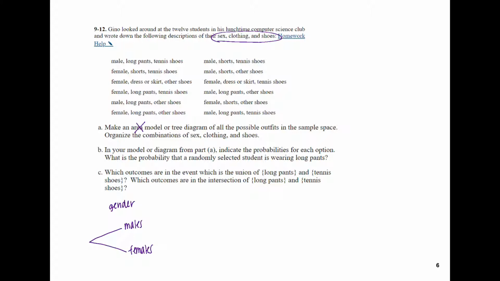The next thing that we can choose from is the clothing. So in our tree diagram, a male can wear long pants, shorts, a dress, or a skirt. So we have three choices: long pants, shorts, a dress or skirt,